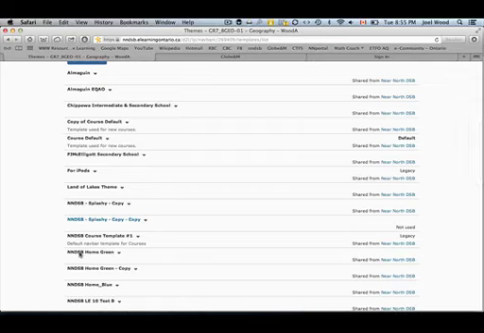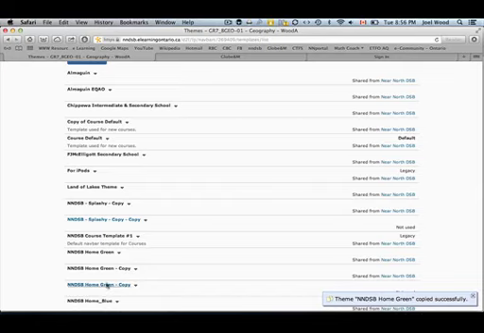Notice I can't click on it, it won't let me click on it. So what I need to do is make a copy. So I'm going to click on copy, and there's the copy right there. Notice now I can click on it. So I'm going to click on it,